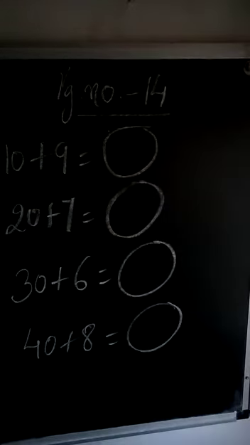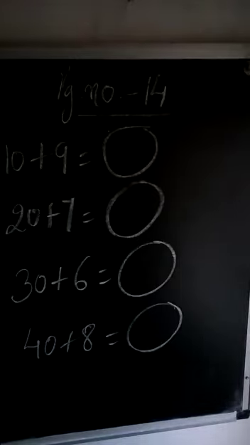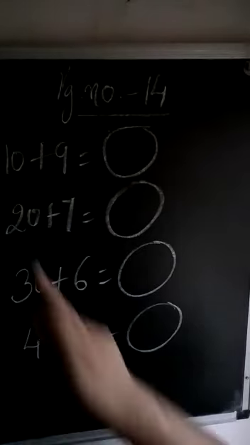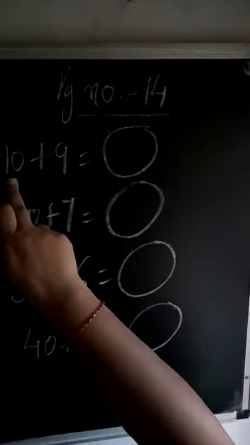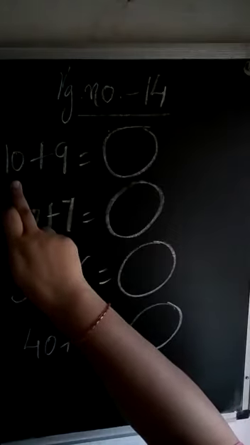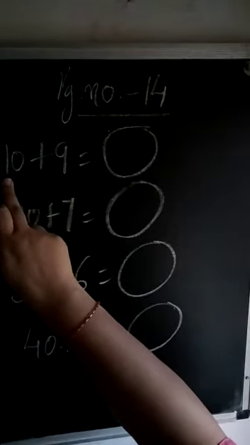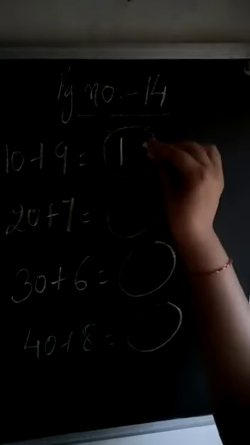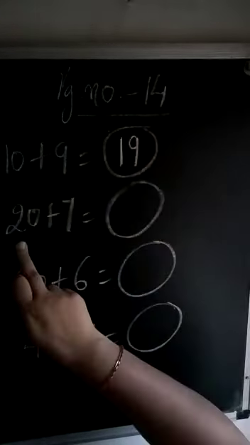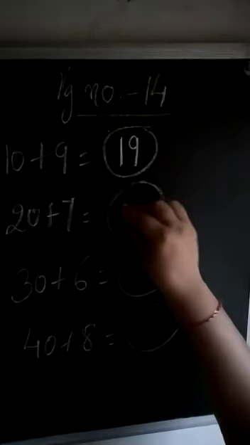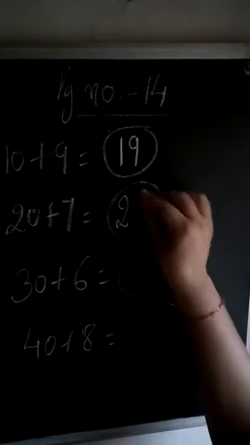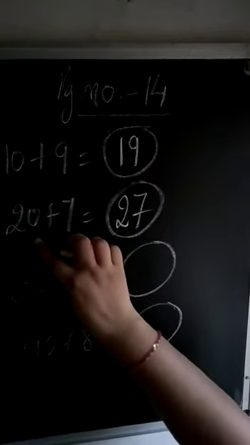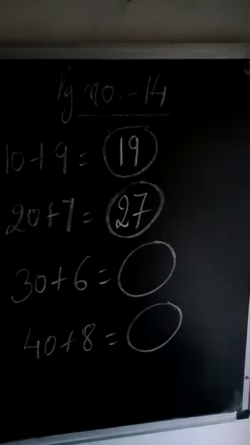As I told you before, at the tens place the value will be changed according to the given number. Here we had used 10 plus 9, which means at the tens place we had the number 1. So I will write 1 at the tens place, and at the ones place the number is 9. At the tens place we had 2, and the ones place is 7, because 0 is representing the tens place value.